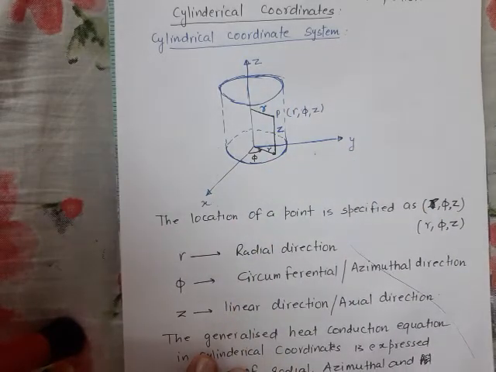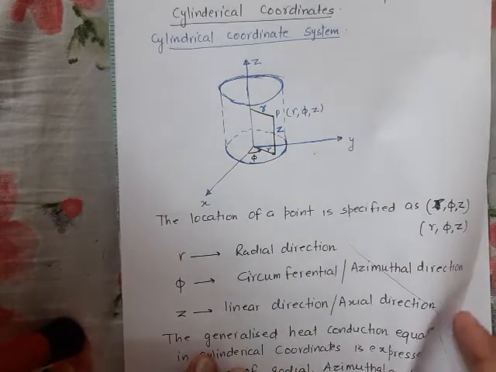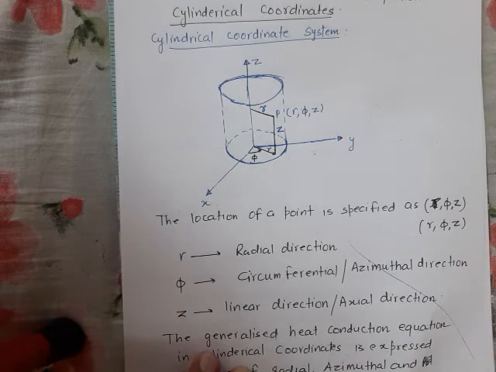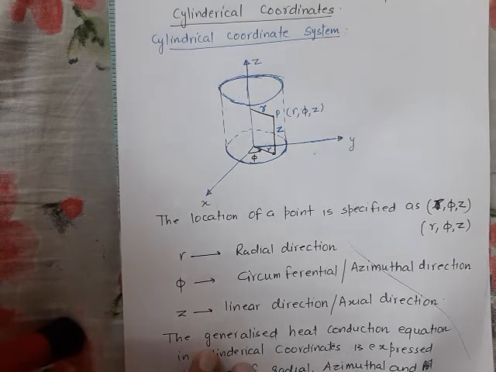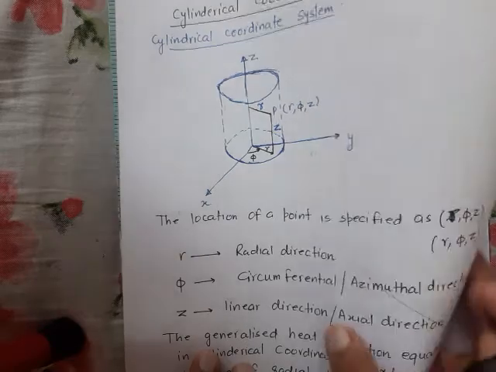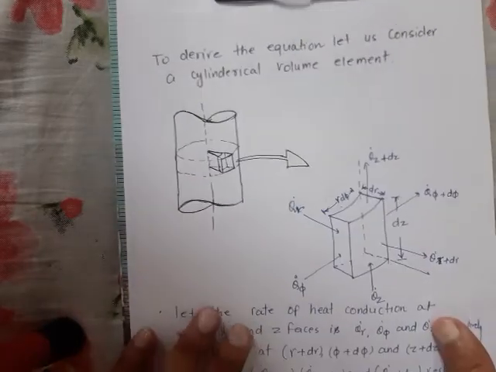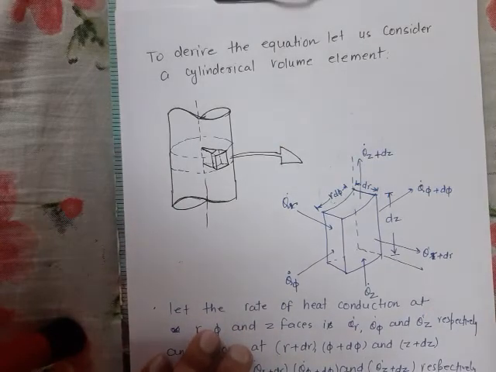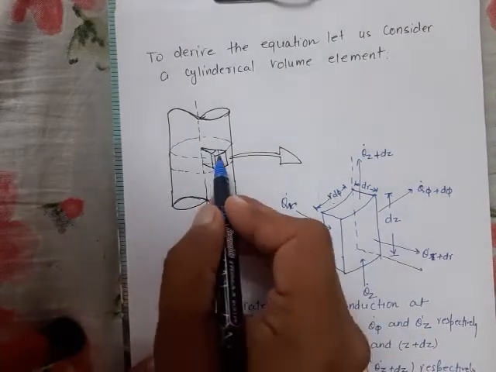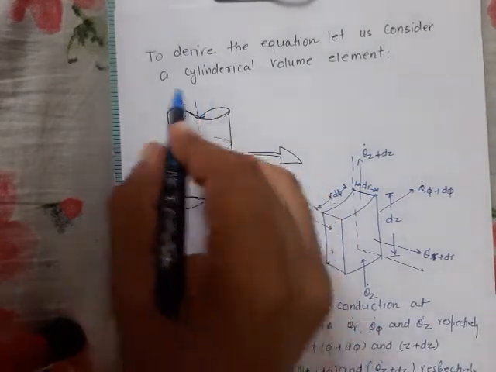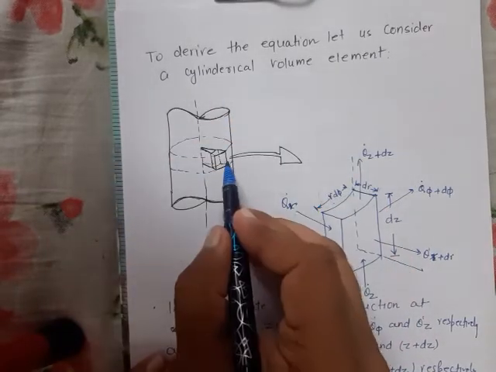Now we will define a cylindrical element. Likewise, in the previous lecture we considered a rectangular element; in this case we will consider a cylindrical volume element. How is the cylindrical volume element actually considered? Please note this point. For this, please see the diagram. It is a beautiful diagram. To define a cylindrical element, from within the cylinder I have simply taken out a cylindrical volume element.